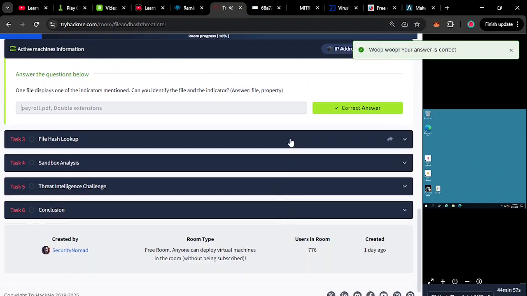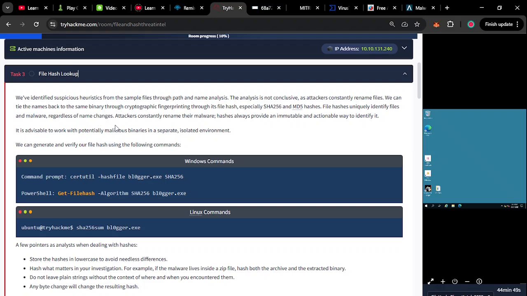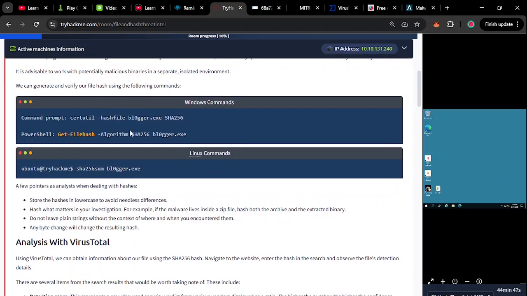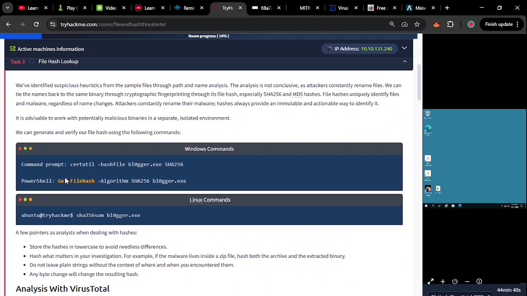Let's proceed. The next one, we have file hash lookup, and this is when you want to check the files that you have. You want to probe them further and check the hash of each file. So here we have two commands. For the command prompt, you have this first one here. Then for PowerShell, you have this one, which looks rather long. So let's get started. Let's copy this one, and on our target machine,